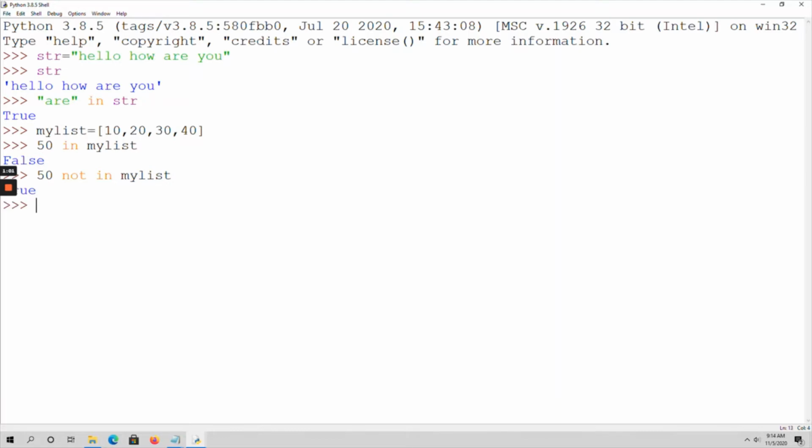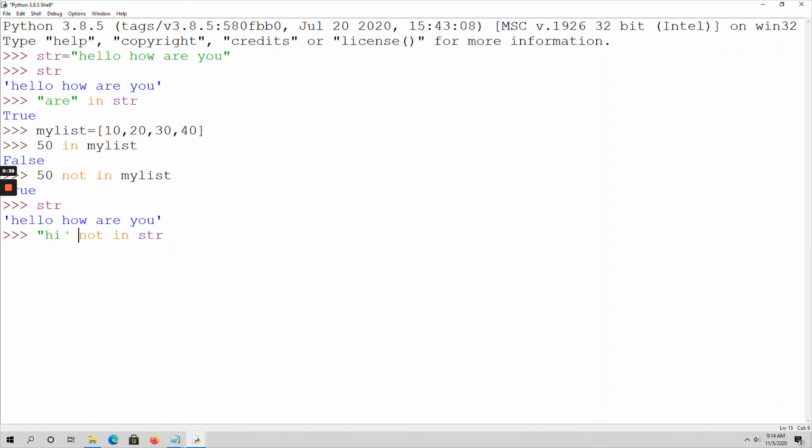Similarly, in the string str, I want to find whether hi not in str. Here we have to give quotations.